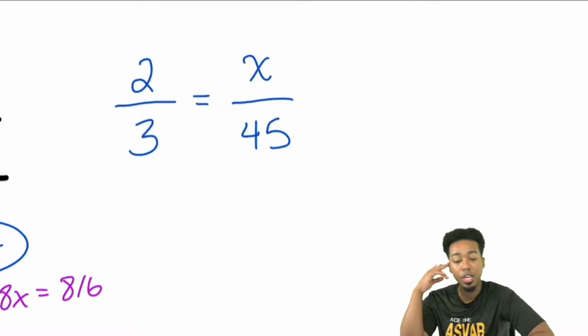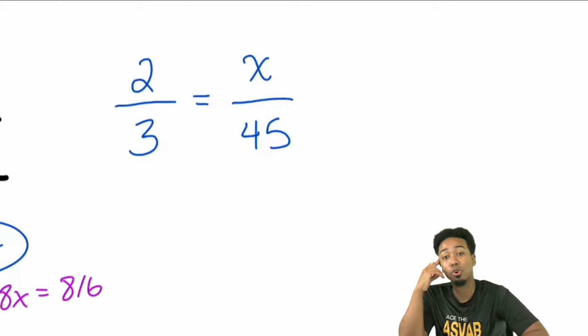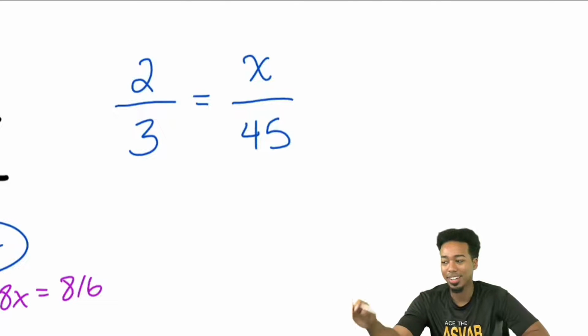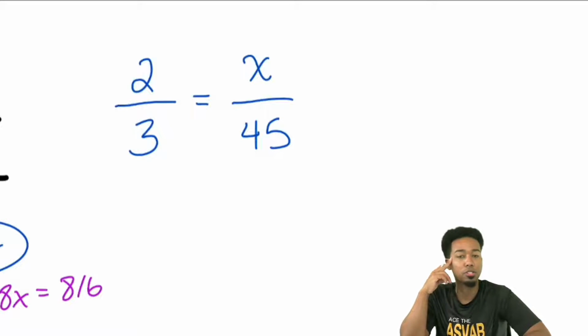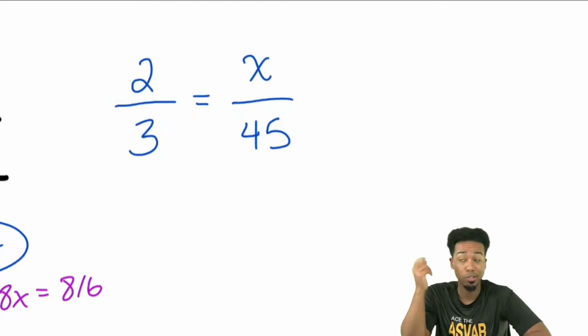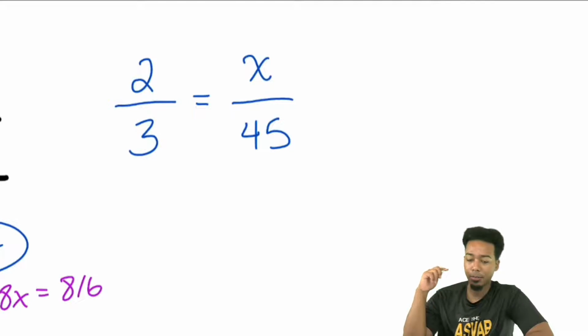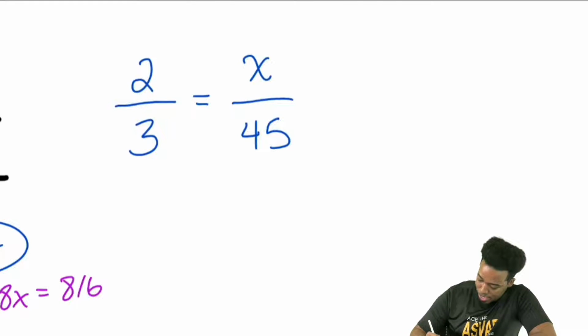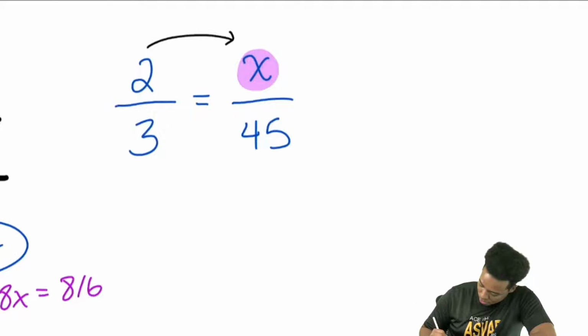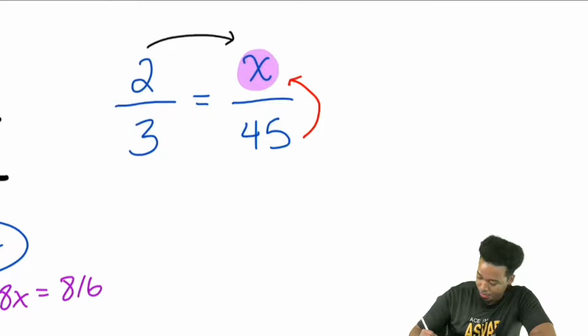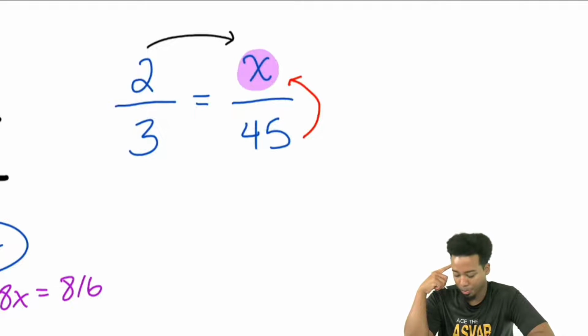Here's the next one. So we have 2 over 3 equals x over 45. Give me 1 second, guys. So we have 2 over 3 equals x over 45. We can check this out, and we might have a much easier time to do this if we know some mental math. Everybody take a look. If we want to get to x, the answer, we can go either from 2 to x, or we can go from 45 to x. But in either case, when we look at it,